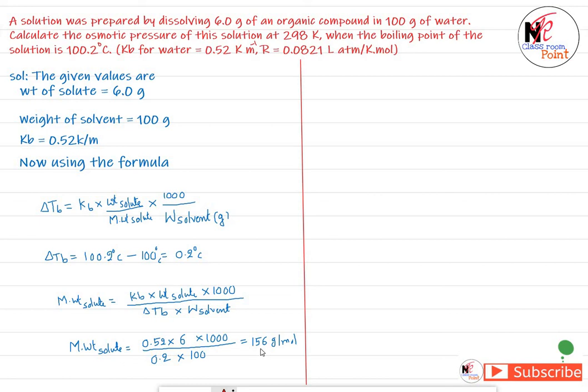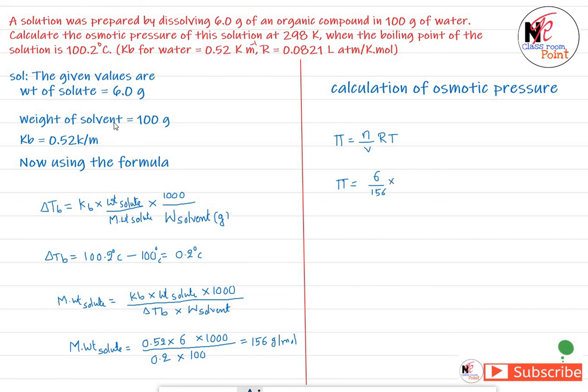Now our duty is to calculate the osmotic pressure using this molecular mass. The osmotic pressure formula we know: pi equals number of moles divided by volume into RT. Number of moles means weight by molecular mass. Weight of the solute is 6 grams and molecular mass of the solute is 156 grams, and into it